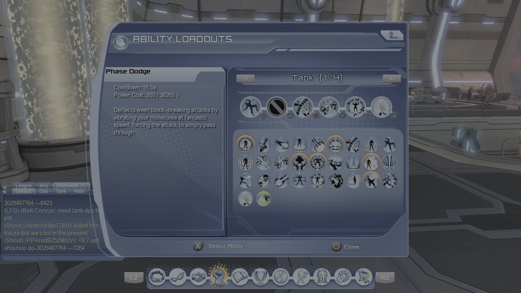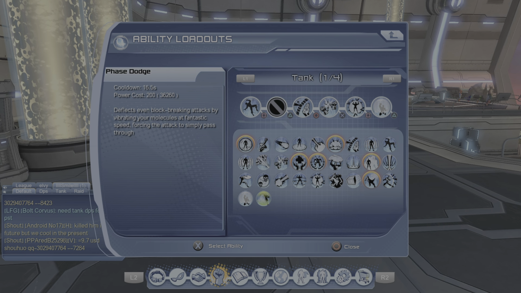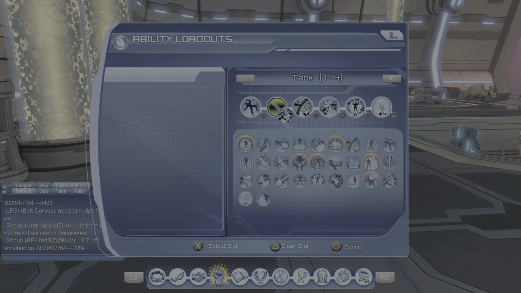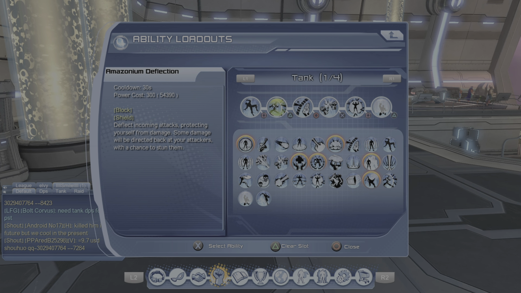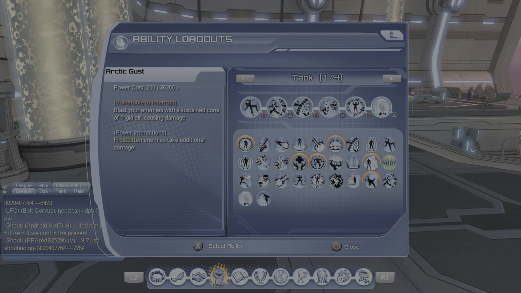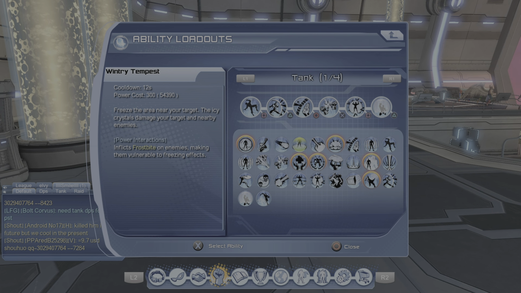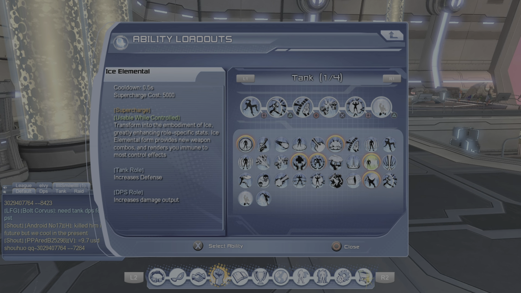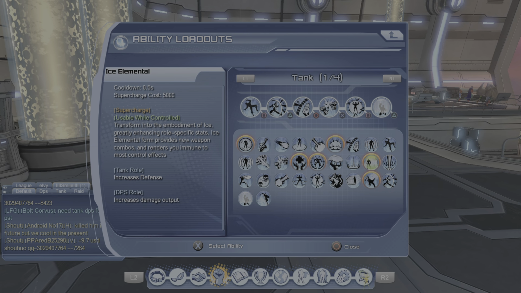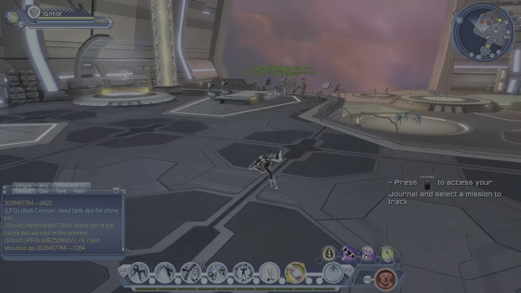So this is when you either have the choice to use phase dodge, because it has a short duration, but it can hold for a lot of damage, or you can use Amazon deflection. Either one. 30-second cooldown, 16.5. That is pretty much the only two other powers you would use. There's literally nothing else. I mean, obviously you got Ice Elemental, but yeah. So for CTE plus second boss, I like to use phase dodge,